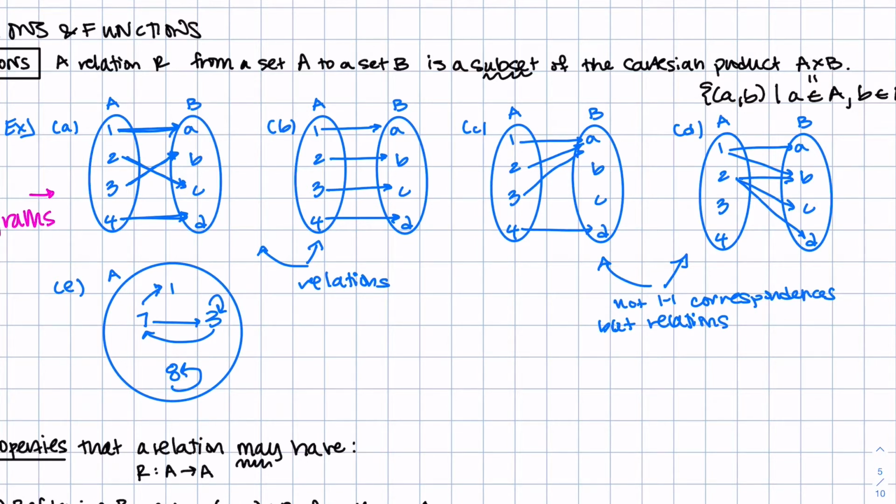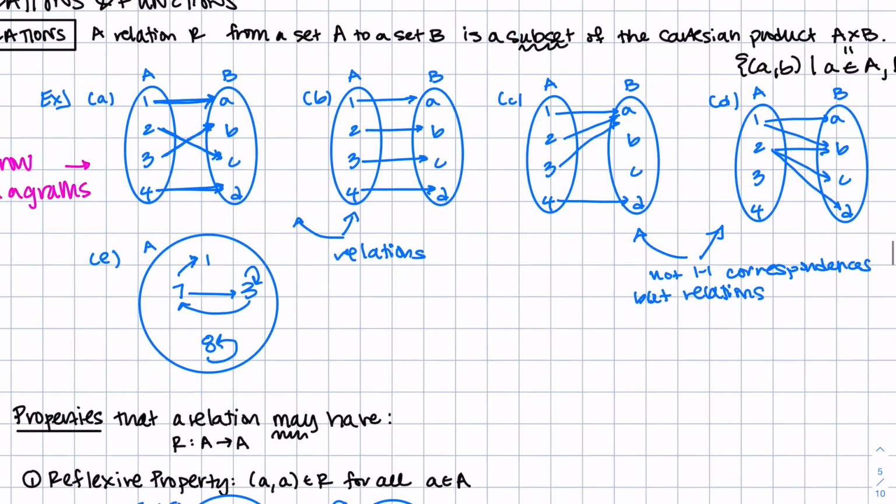So we would say A and B are in one-to-one correspondence with each other. However, C and D, these two little examples, do not illustrate that for us. They're giving us relations that are not one-to-one correspondence. Okay, so just to suss out those small points, there's another type of relation that we can now talk about,